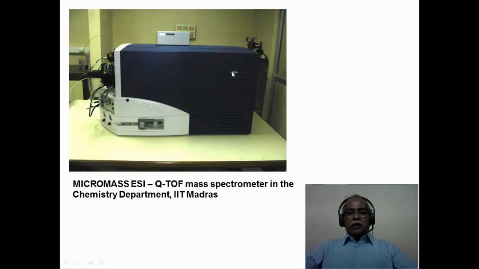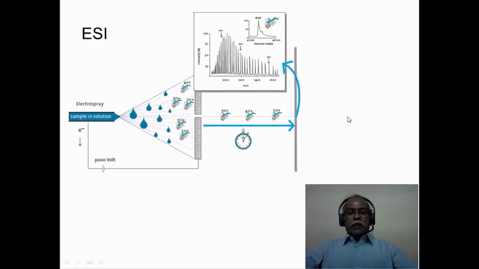You can see here this is just a box that can fit on a tabletop, but it can do wonders in terms of the mass analysis that it can do in terms of the molecular weight and the sensitivity and so on. Now in the electrospray ionization mass spectrometer, there is an injector which sprays the solution or the analyte to be analyzed in the form of very fine droplets, and it does so in a voltage region where the sprayer itself is one electrode and there is a counter electrode kept here.